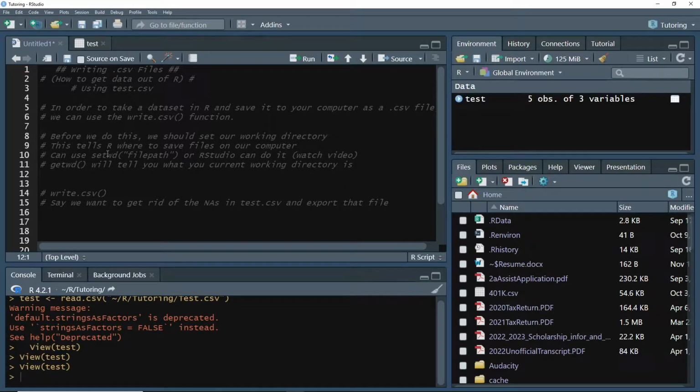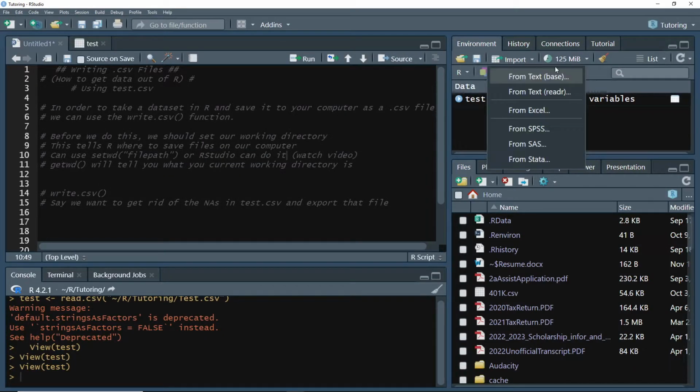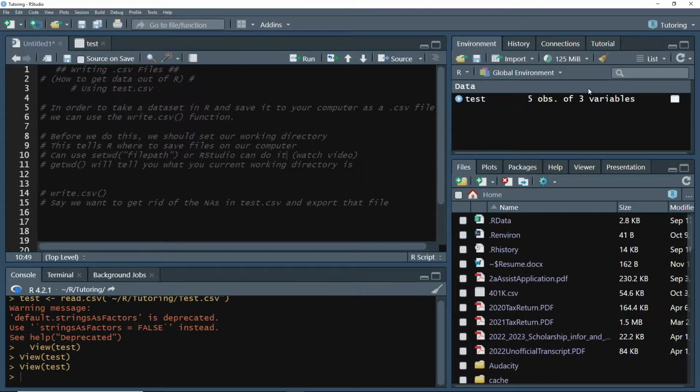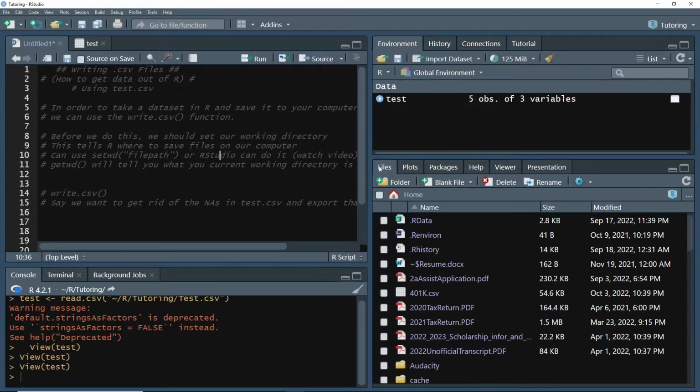To set your working directory, you can use a command called setwd, and then you have to put in your whole file path here. I think that's generally how they teach it. But the much easier way is that RStudio will let you do it yourself with its UI, like how when you import datasets, we can do it really easily in RStudio instead of having to use the whole read CSV command. Basically, if we look at this bottom right panel, in the Files tab,